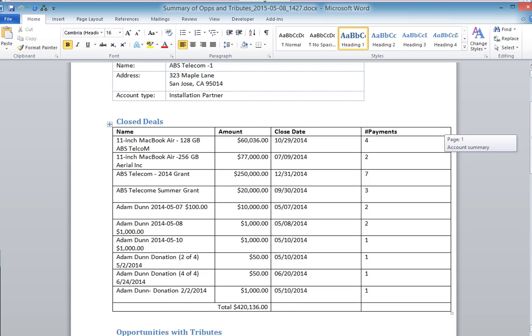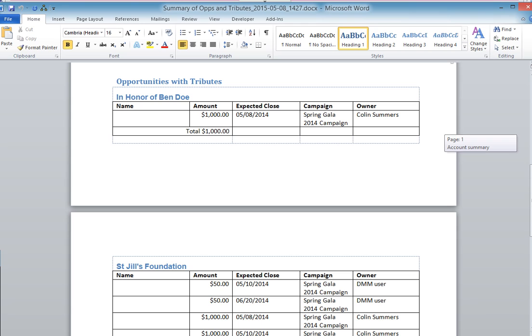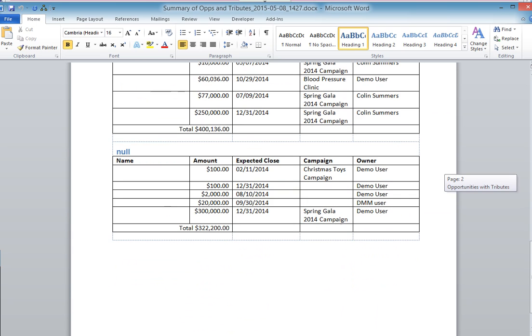And let's go further down, and here you see that no name has been mapped to the opportunity name, which was what was missed while doing the mapping, and we'll fix that right away. But the amount expected, the close date, the campaign name, and the opportunity owner have all been picked up,